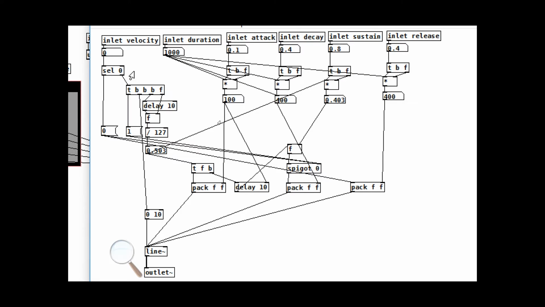But you remember, I put something here that when, for example, this is the note off here. When velocity 0 comes through, this 0 is not only sent to release to 0 because it's time to close off the note over the release time, it also zeroes out a spigot object right here, turning it off. So basically, this can't keep feeding